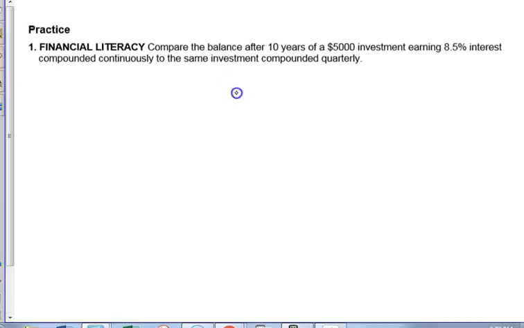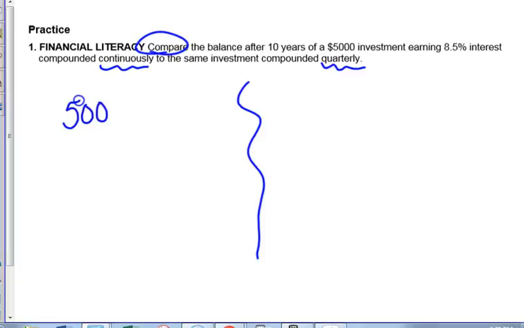All right, guys, this is the compare question. We're going to do this twice. We're going to put $5,000 in continuous interest and the same $5,000 in compounded quarterly. 2 different formulas. What's the continuous going to look like? 5,000 times? Okay, what do you got to do with 8.5%? 0.085